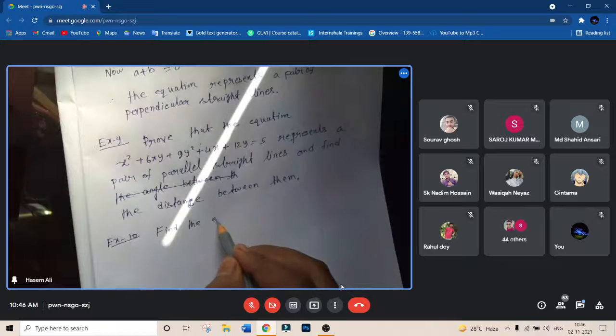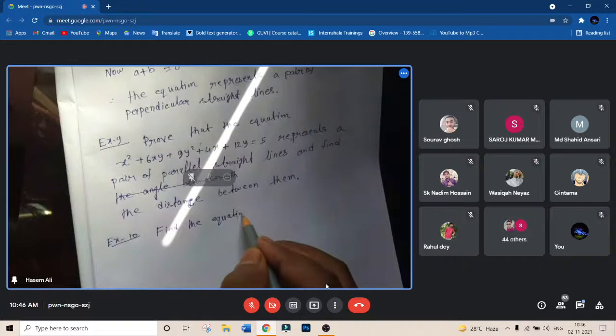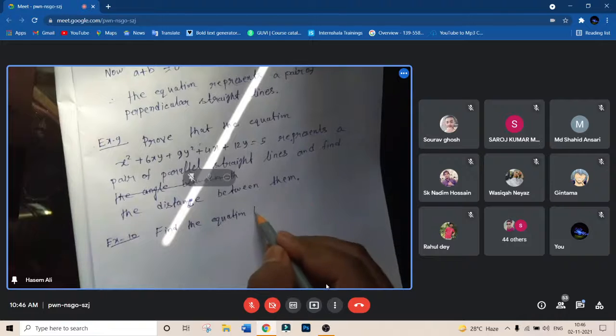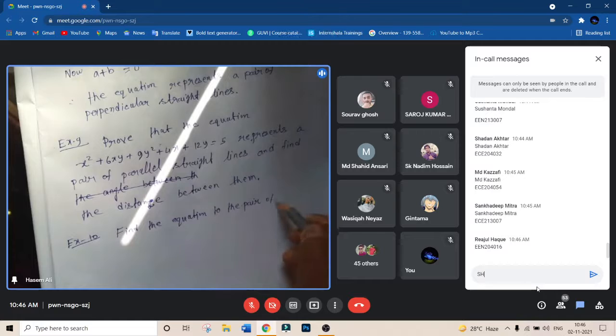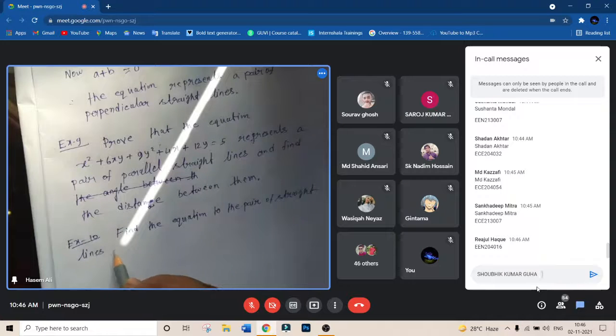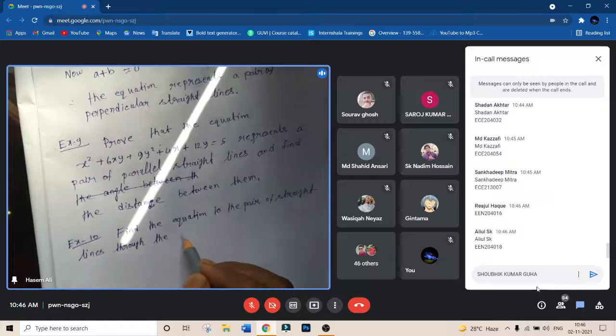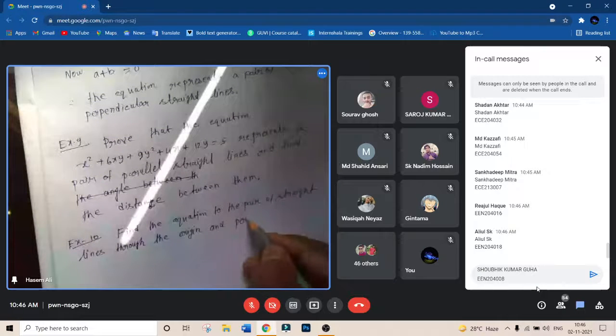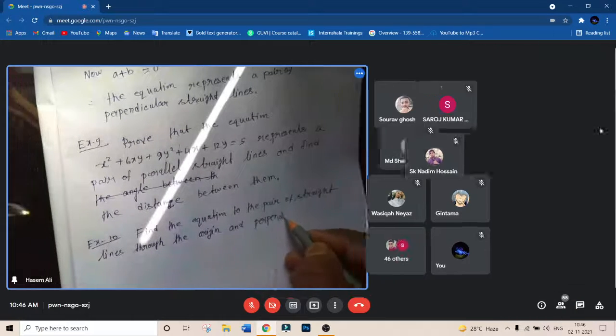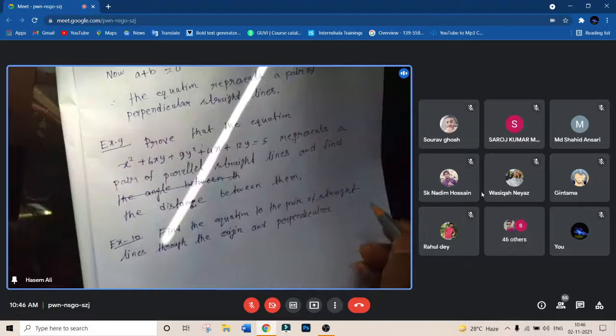Find the equation to the pair of straight lines through the origin and perpendicular to the